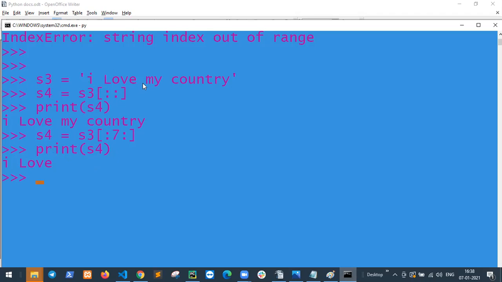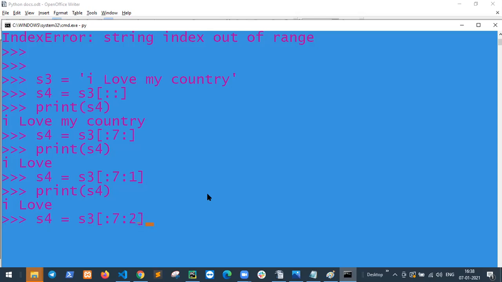This is -1. 6 is space, so this is space, space already counted. Okay, and if I say step 1, the output is the same because the default is 1 increment.